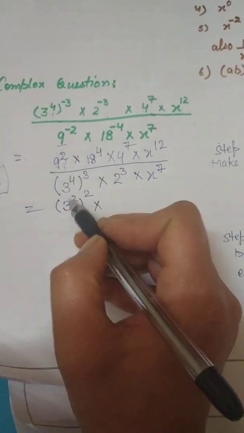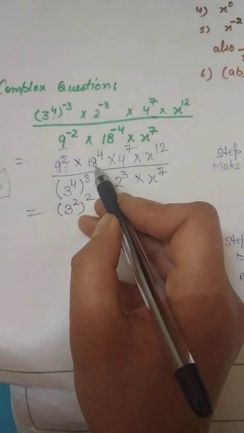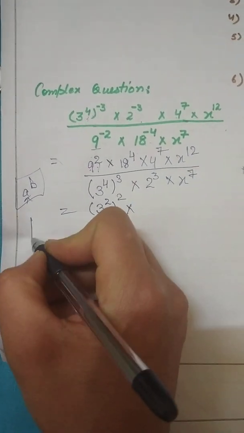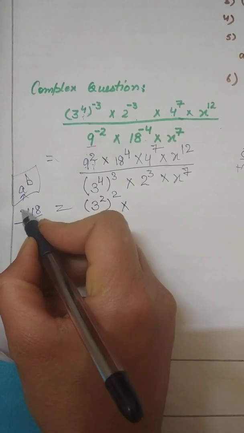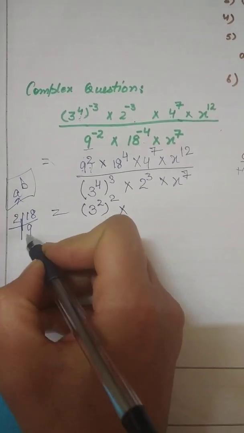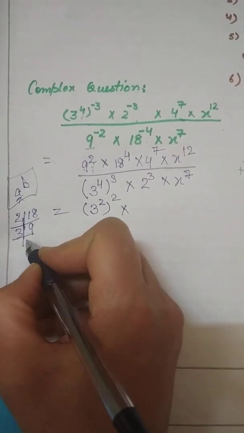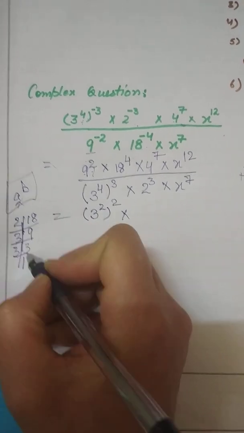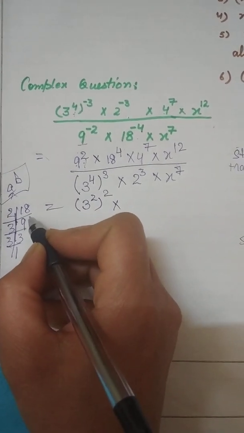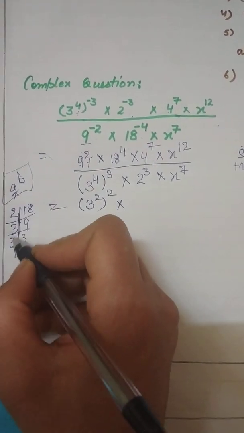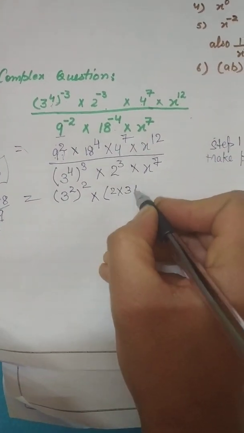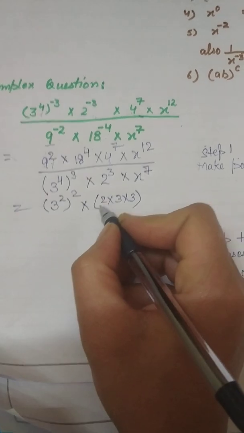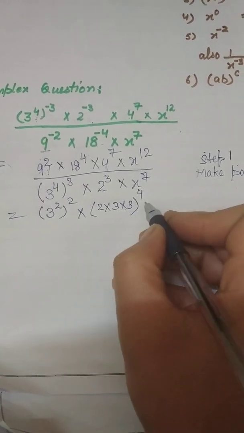Just like 9 is 3 squared, you all know what 18 equals to. It's quite simple. If you don't know this, you can open the number to see what it is made of. So 2 nines are 18, and 3 threes are 9, and 3 ones are 3. Means if we open 18, what will we get inside it? 2, 3, 3. Then you can write it as 2 into 3 into 3. So this is 18, and 18 raised to power 4.